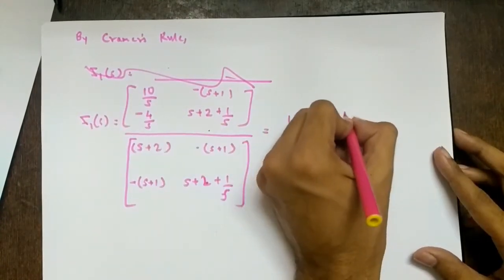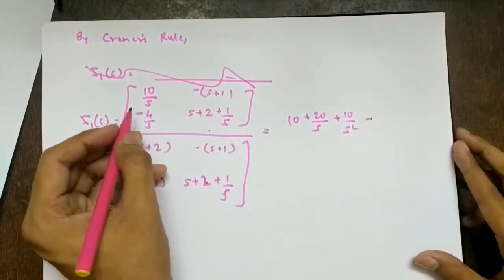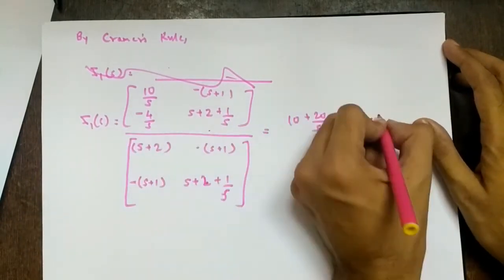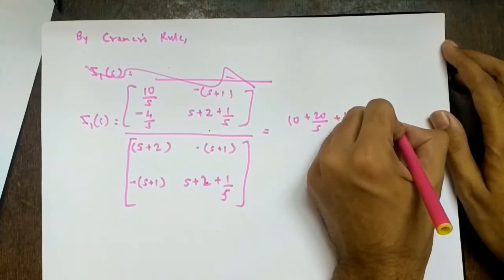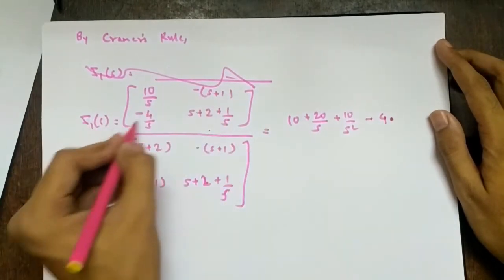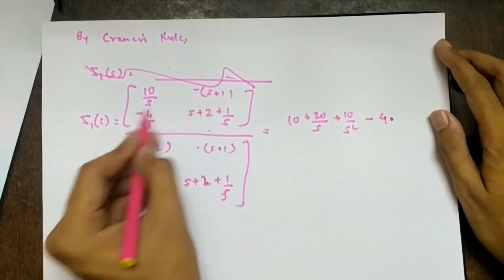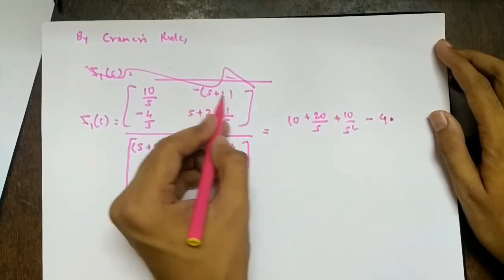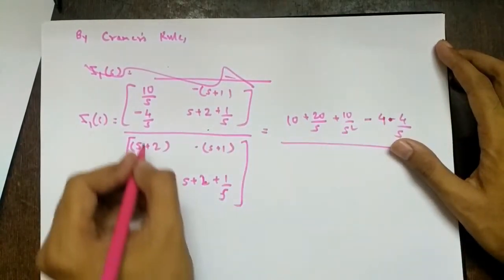So plus 10 by s square, minus of s plus 1 into 4 by s. So minus 4. So minus of minus s plus 1 into 4 by s, so it will be plus. So don't worry about the minus sign. 4 by s into s is 4, then minus 4 by s. So minus 4 by s upon. So this will be